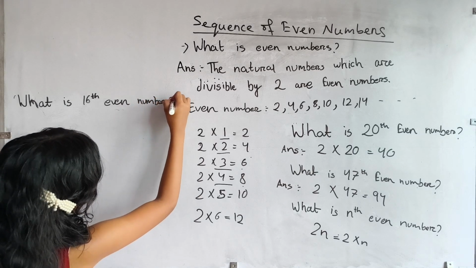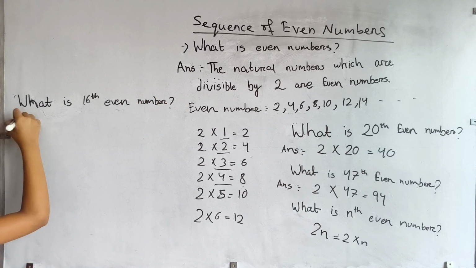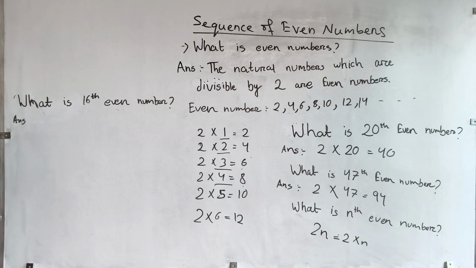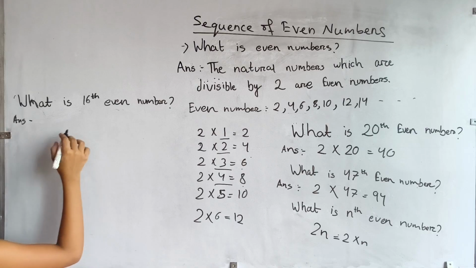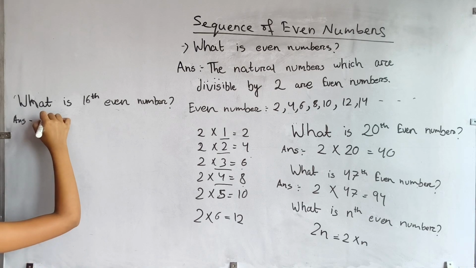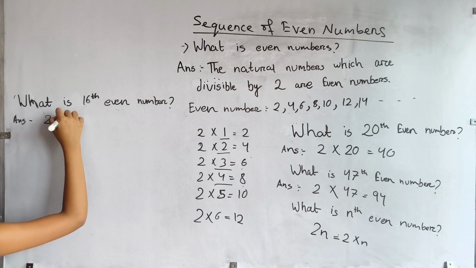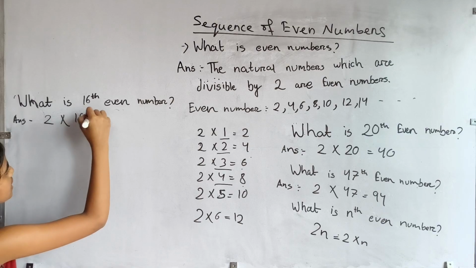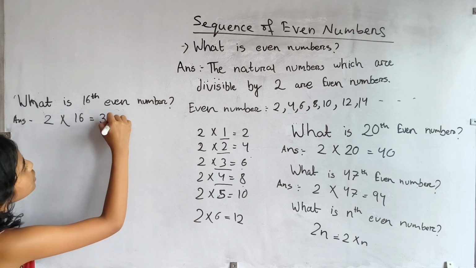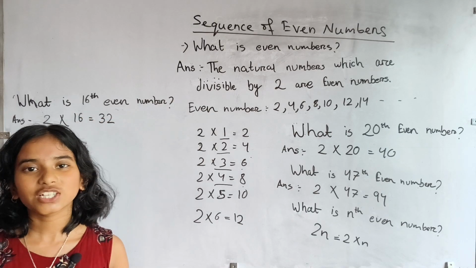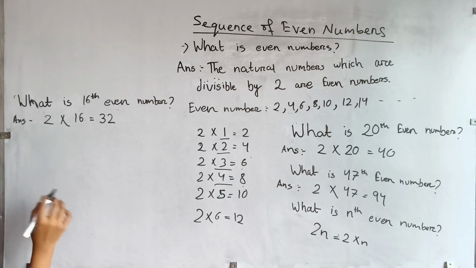So what is the 16th even number? So the answer is, we will multiply with 2 also. By the formula, 2 multiplied with 16 equals 32. 32 is the answer. Another question is,